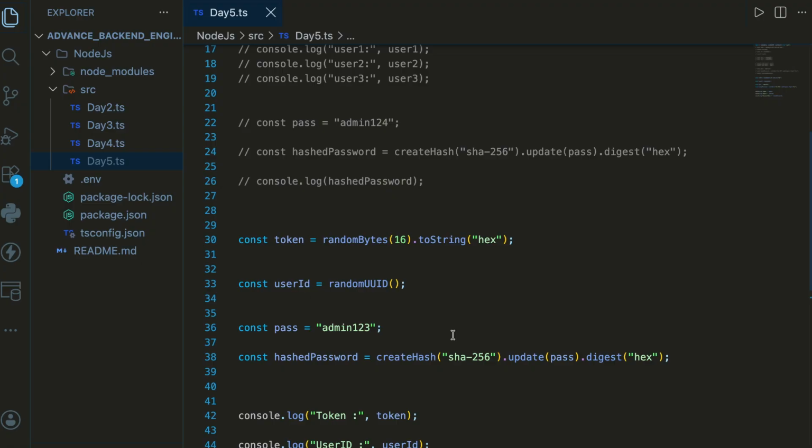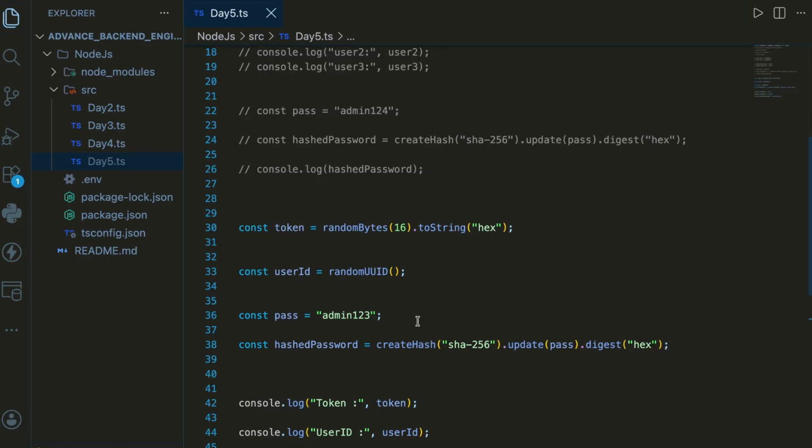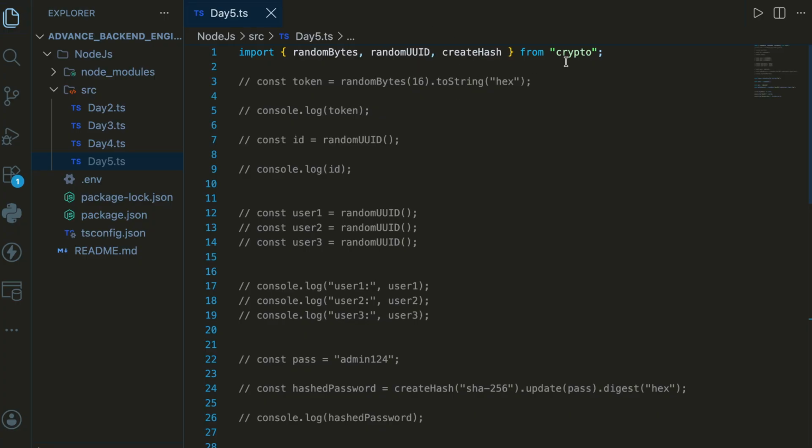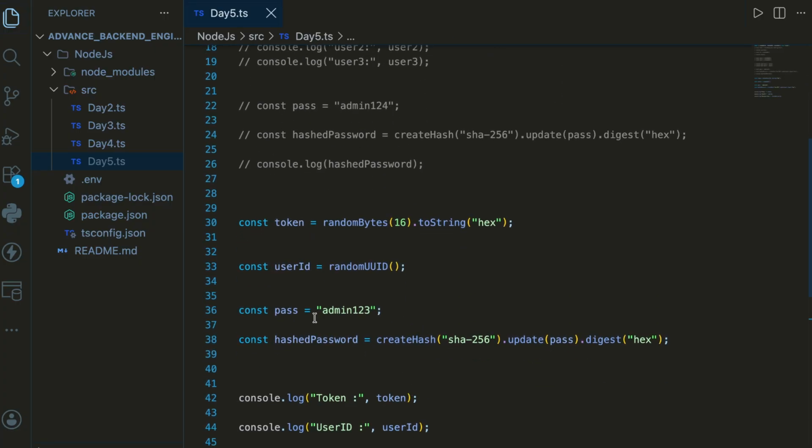Instead, we need to transform the password before storing it, and this is where password hashing comes into the picture. Now, in the previous video, we used the createHash function with SHA-256. For example, we import the createHash function from crypto, and we use it over here. And this works perfectly for demonstrating how cryptographic hashing works. But we should not use this plain SHA-256 algorithm for password storage. Why? Because